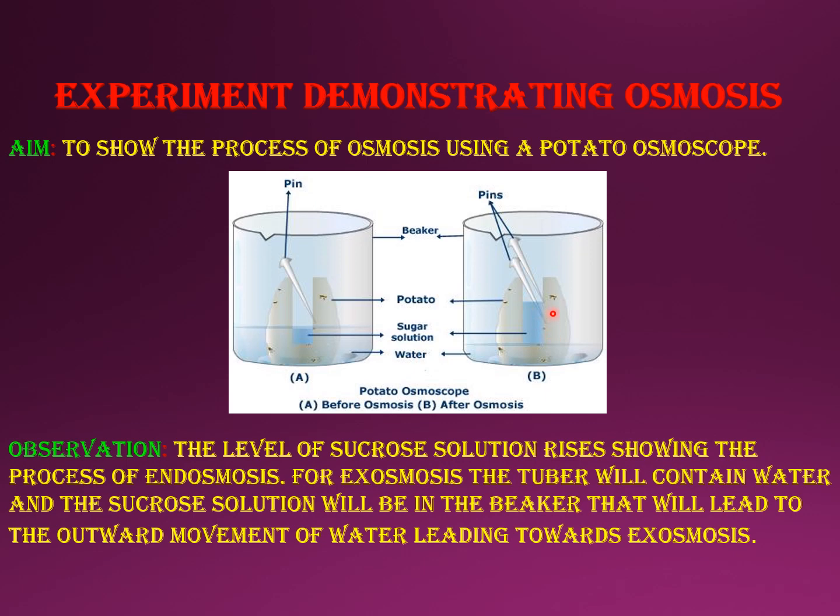Why? Because the sucrose solution inside is hypertonic, outside water is hypotonic. So solvent molecules are more outside the potato tuber. So they move from a region of higher concentration to a region of lower concentration, that is higher to lower. It enters inside because solvent molecules are less inside the potato tuber. It increases the level of sucrose solution inside the potato tuber. This is called a potato tuber osmoscope to demonstrate osmosis clearly.